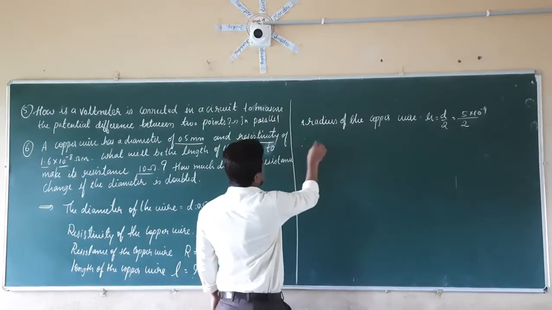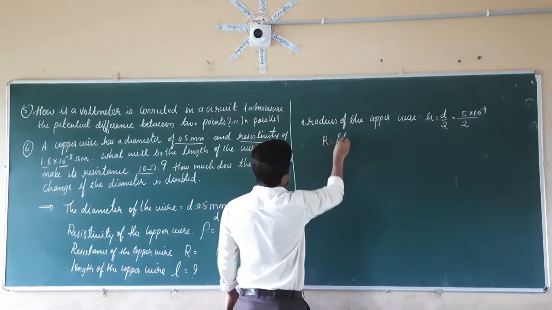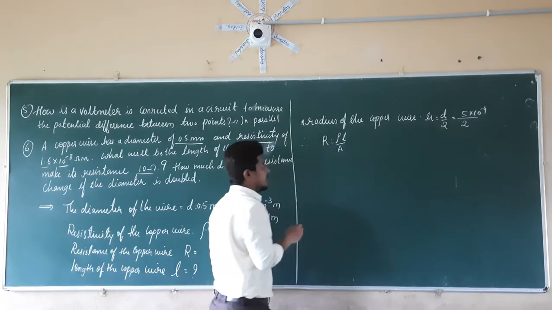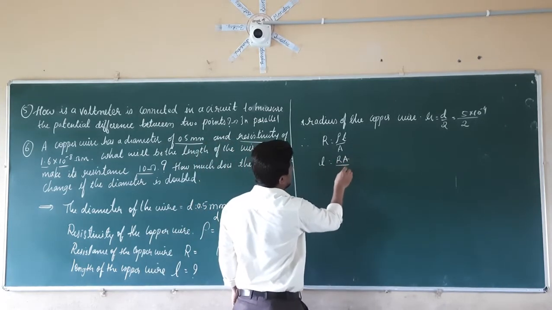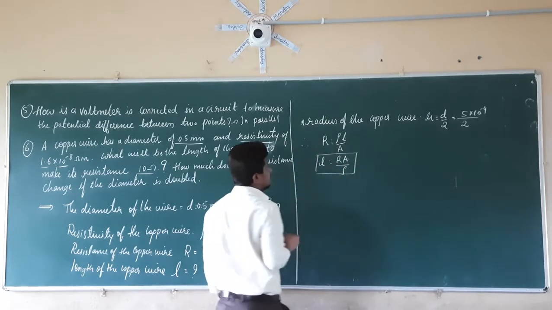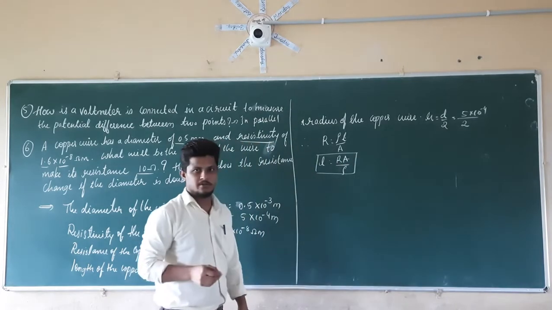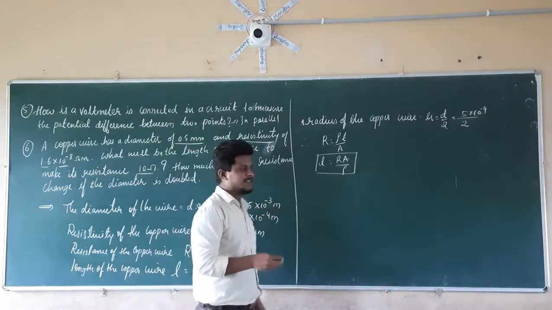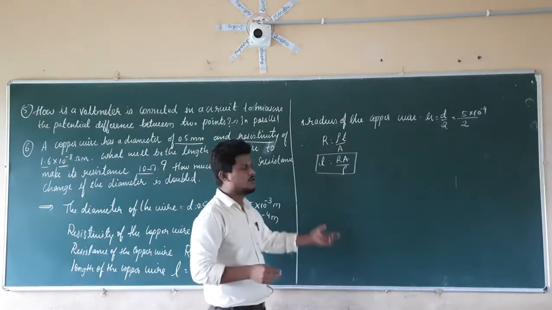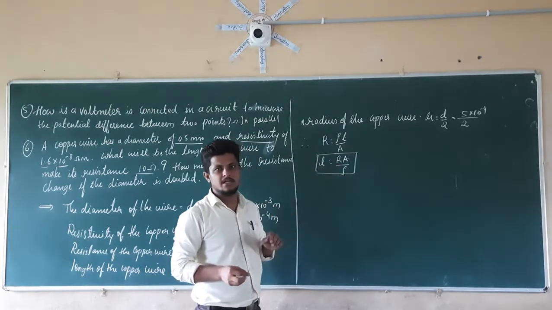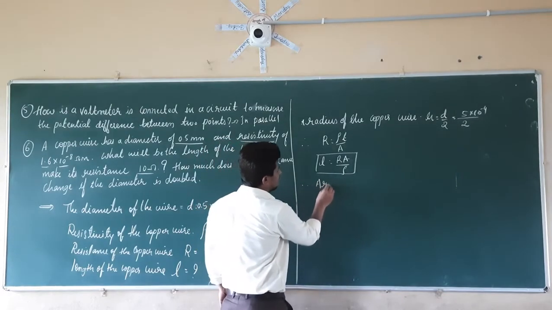So we know the formula for the resistance, that is R is equal to rho L divided by A. We have to find out L here, so L is equal to R A divided by rho. We have to use this formula. Now we don't know the value of the area of cross section. For that reason, first we are going to find the area of cross section. Then we substitute that value into this equation so that we can find the length of the wire. So therefore, the area of cross section of the wire.